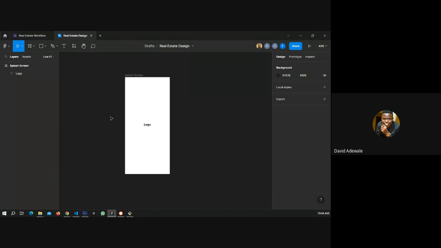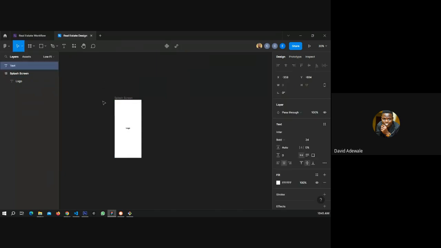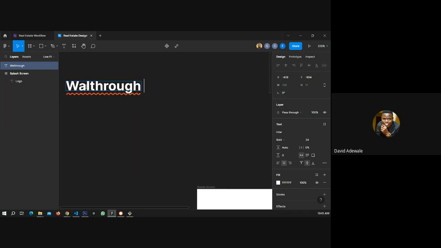And then one of the beauties of some of my designs is that I label my designs. So I can just come down here and say, oh, I don't want to call it onboarding. Let me call it walkthrough.